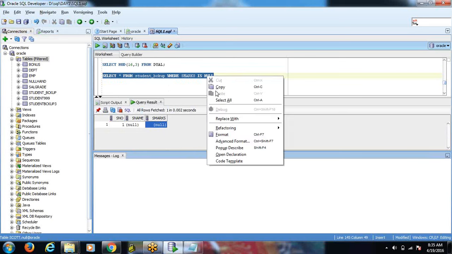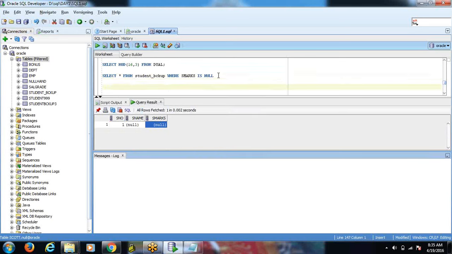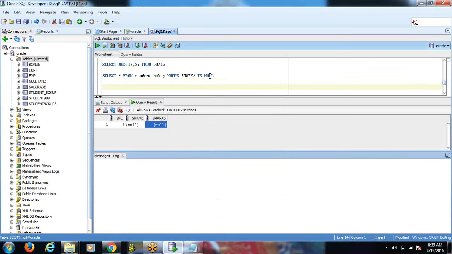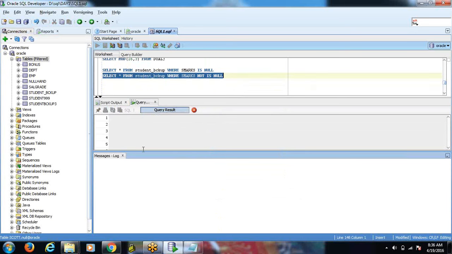Suppose I am writing the same statement like this, where S marks is not null. That means except this null value, the remaining records I need to retrieve.